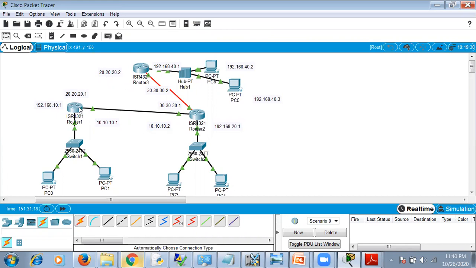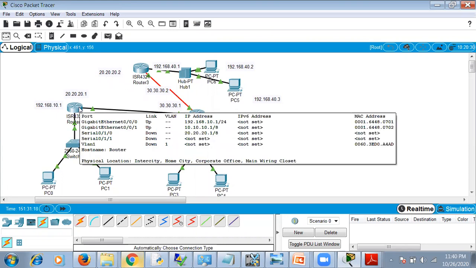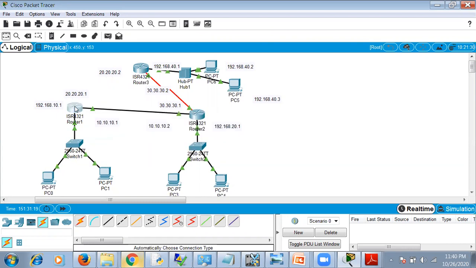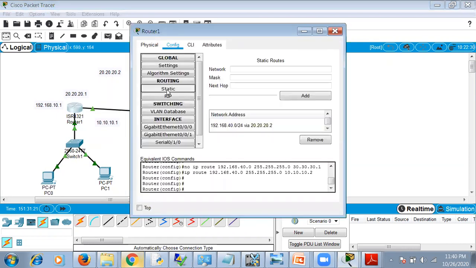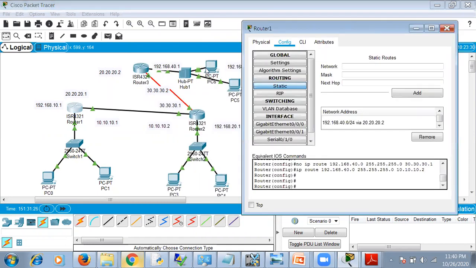Now we'll check whether the routes are proper, because there was so much failure happening. In router 1, to reach this third LAN, it has to go through 20.20.20.2. This is one path. And the second path is through this, 10.10.2.